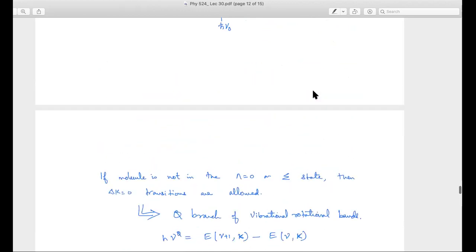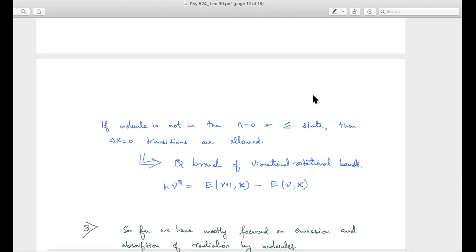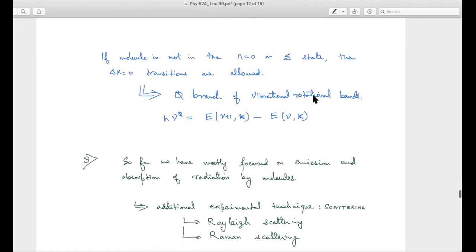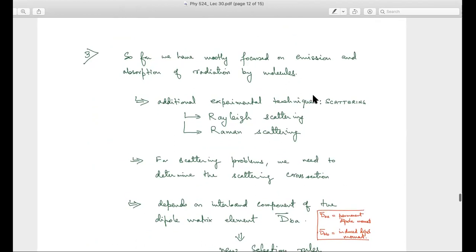Okay, that's one. Then another kind of experiment you can do on atoms is what is called scattering experiments. We have not explicitly done the scattering theory, except that in a few of the initial lectures we calculated the scattering cross section explicitly when we were doing this wave function picture of the atomic light matter interaction in atoms. There are generally two kinds of scattering experiments: Rayleigh scattering and Raman scattering.